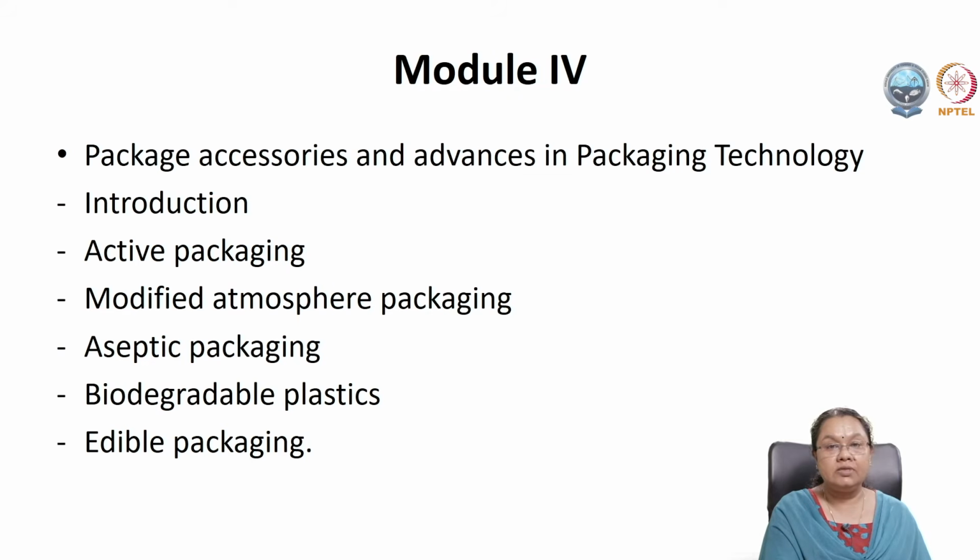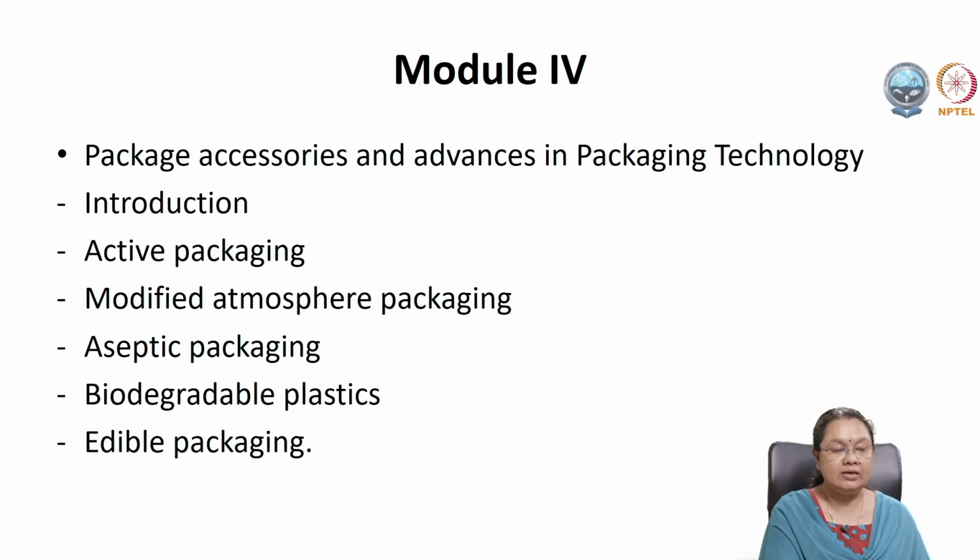To overcome this, there are some changes brought in the packaging system, and one is the active packaging system, where we actively maintain the environment inside the package, and that is called active packaging. And in modified atmospheric packaging, we modify the atmosphere inside the packaging. Actually it is carbon dioxide, oxygen and nitrogen, the three gases. So we manipulate these gases and maintain the contents,